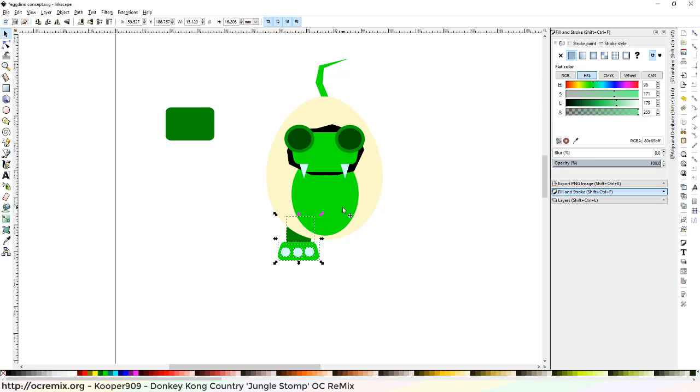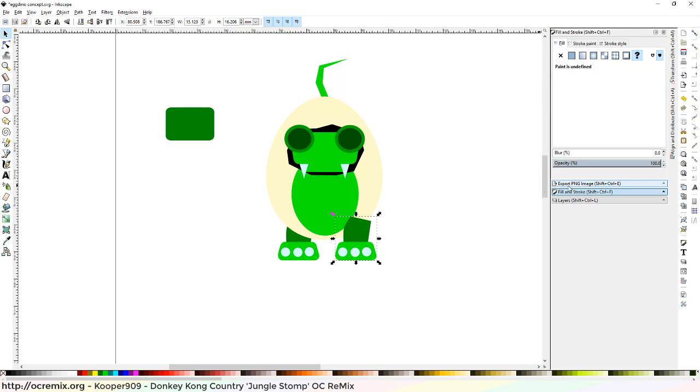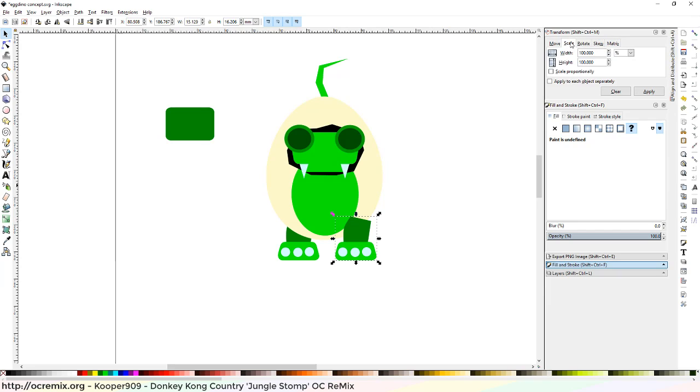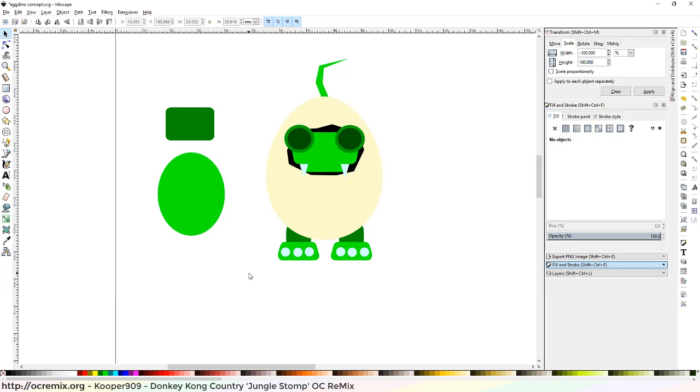Okay, so now let's just duplicate our first little group. Down, duplicate, and we'll flip it around. Bottom. Something like that. Looks like it has duck feet right now, but